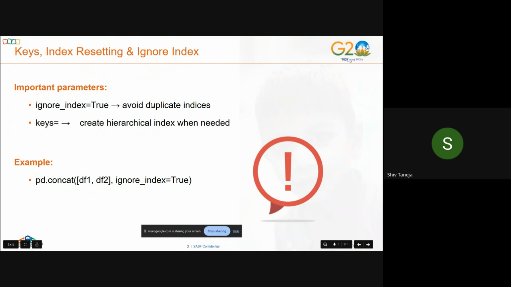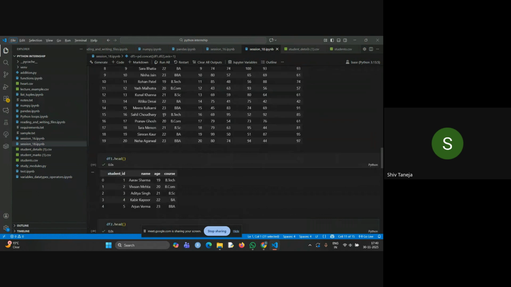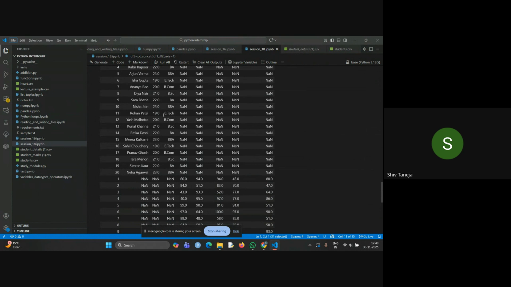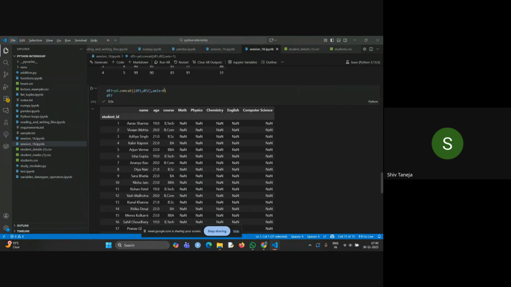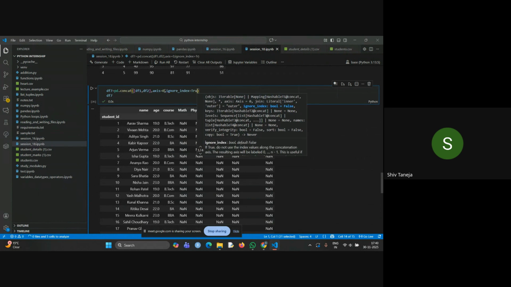And keys creates a hierarchical index when needed. We'll see both of these. First of all, let us go with ignore_index. We will go with both row-wise and column-wise concatenation. So first of all, let us go with row-wise ignore_index. If I set it to True,